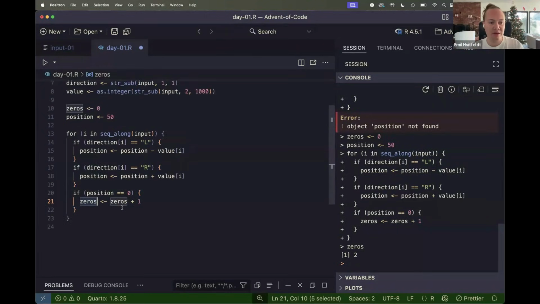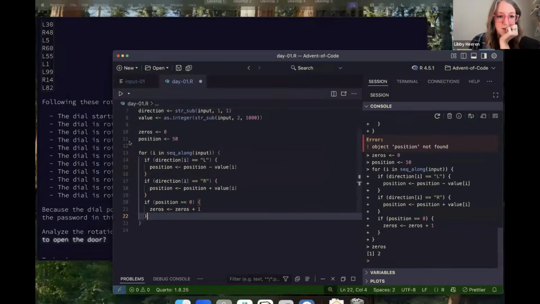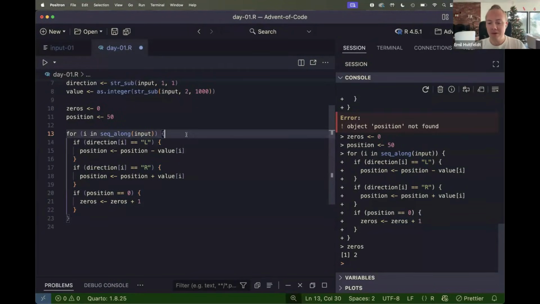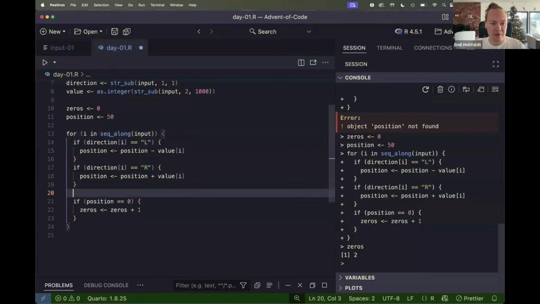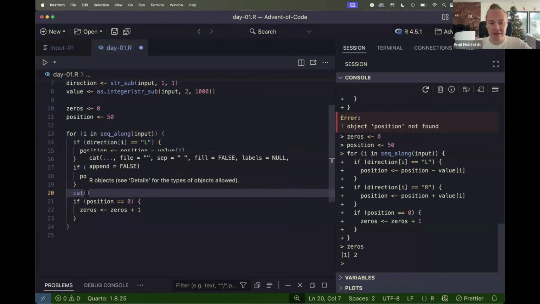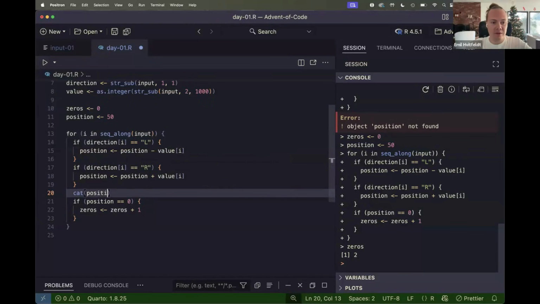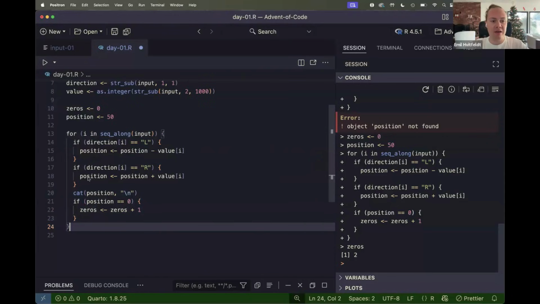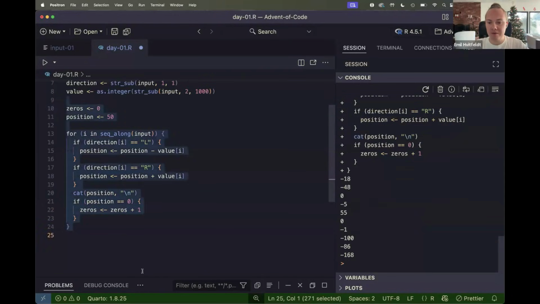They said they had 3. So something is wrong. Okay. So what we can do here is probably right here, we can print. We use the cat function where we are printing the position, and I'm adding a new line on it. So if we start it all over,